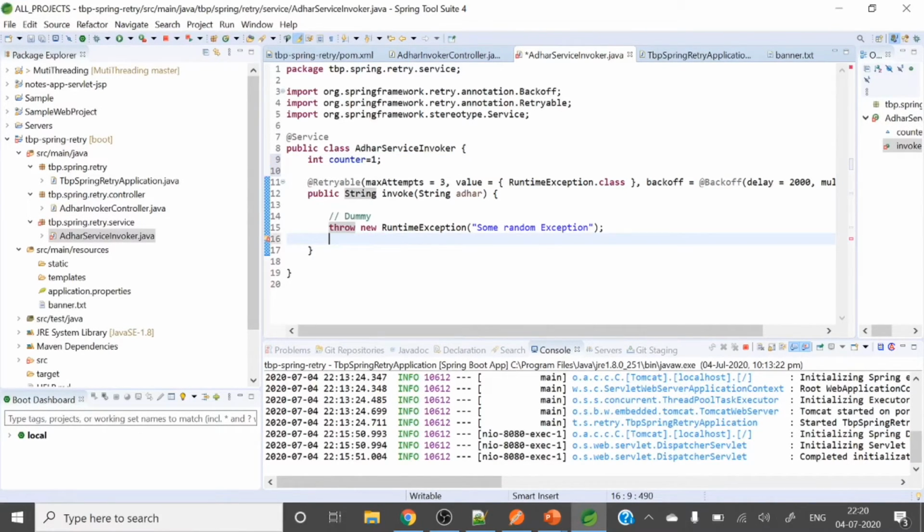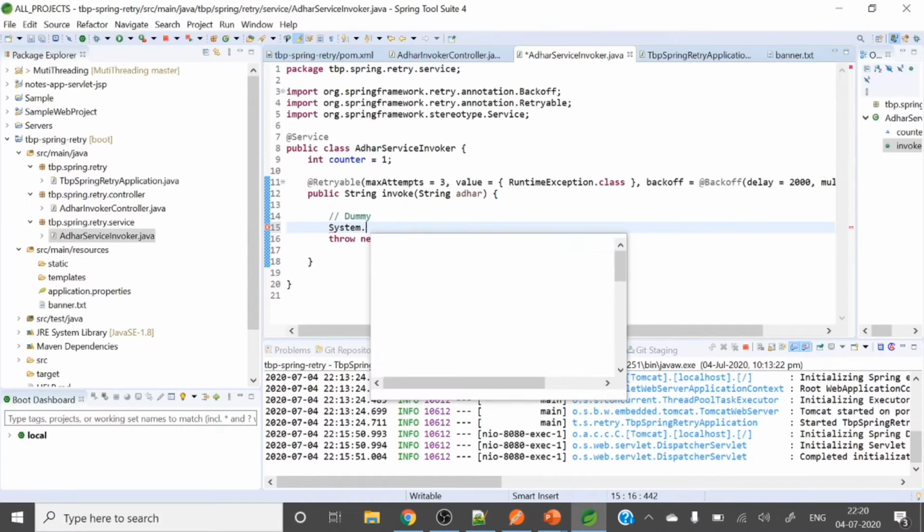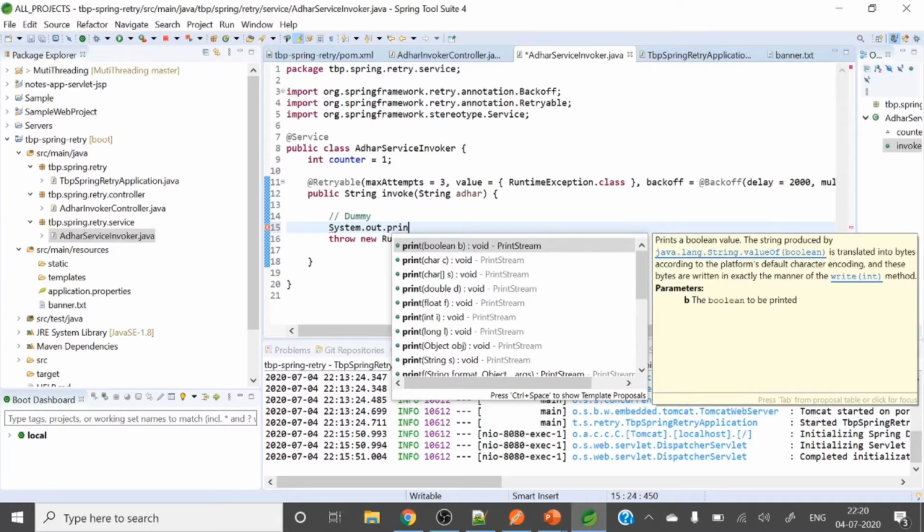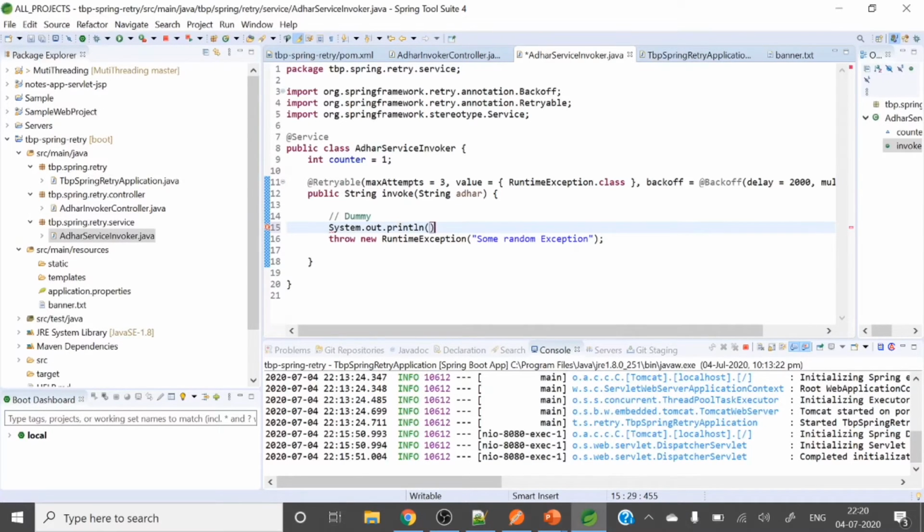Let me remove this statement, right? Let me type here some print statement, System.out.println, executed plus the counter.